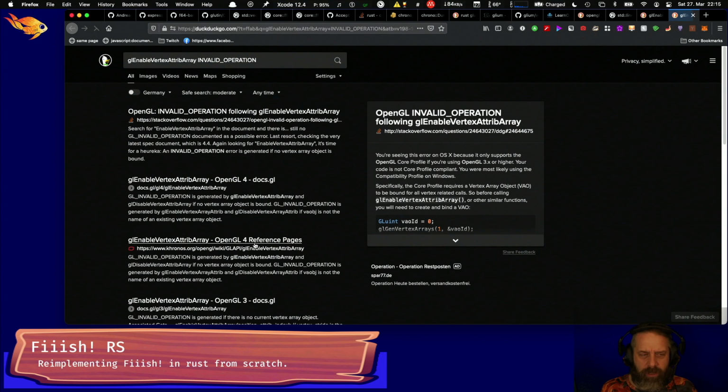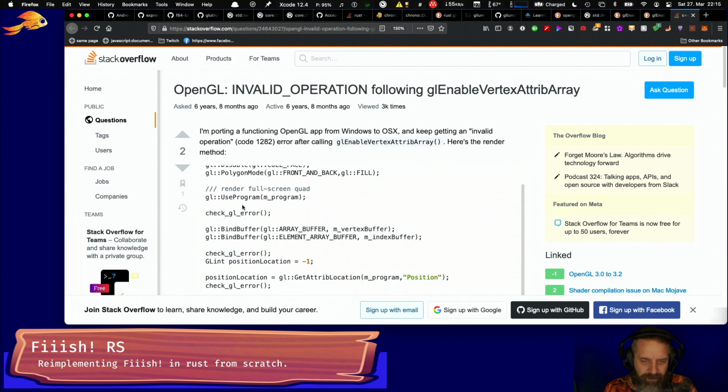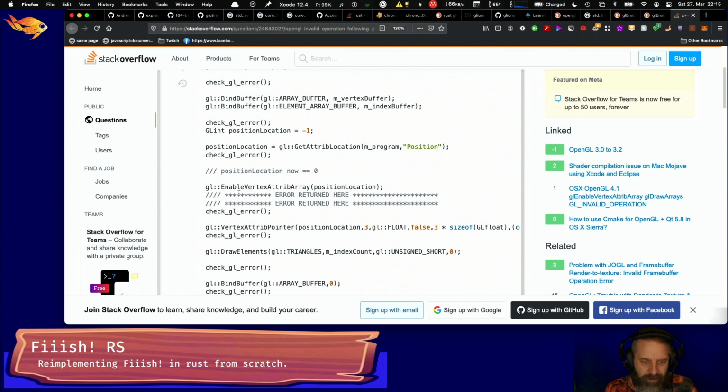How can that be? And he's basically doing the same thing, right? Use program, bind buffer, and for a 0 he gets